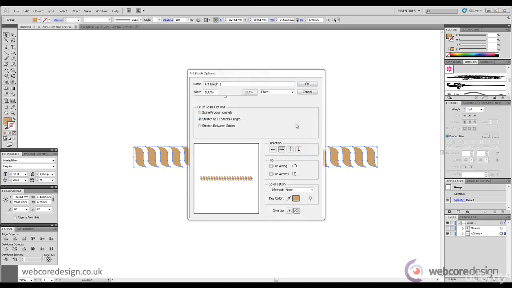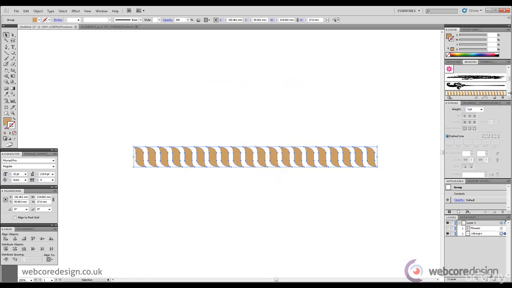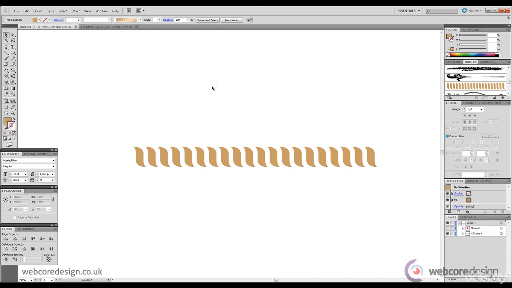Now I could leave this the way it is and just go ahead and click OK, but I'm going to name this Rope just so we can identify it more easily, and I'll click OK. Now, as you'll see, we'll have the stretch of rope in the Brushes panel. So that done, we can now select the stroke. Doesn't matter what colour the stroke is as long as we select the stroke. I've selected black, and I'm going to use a brush,